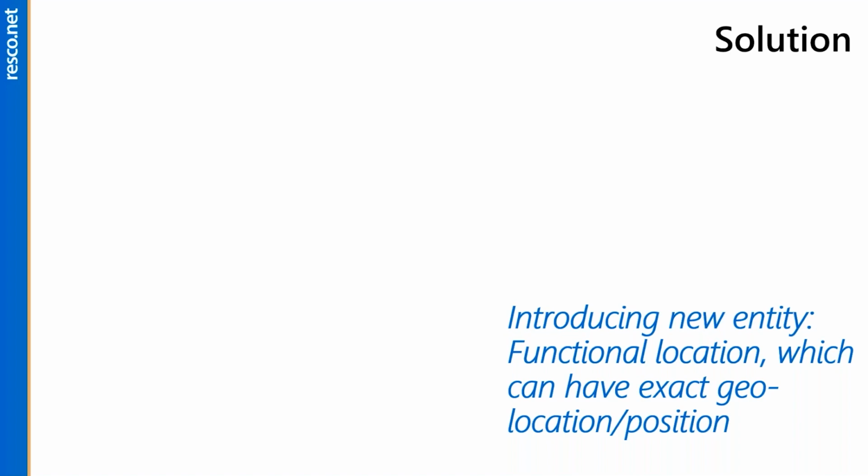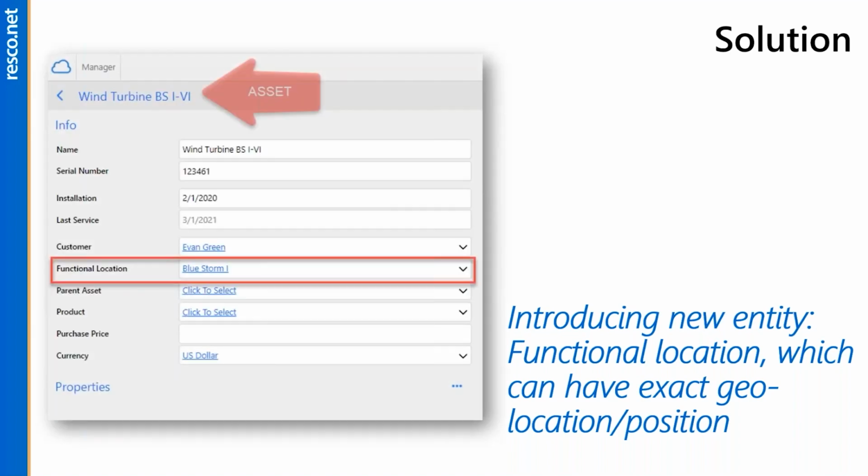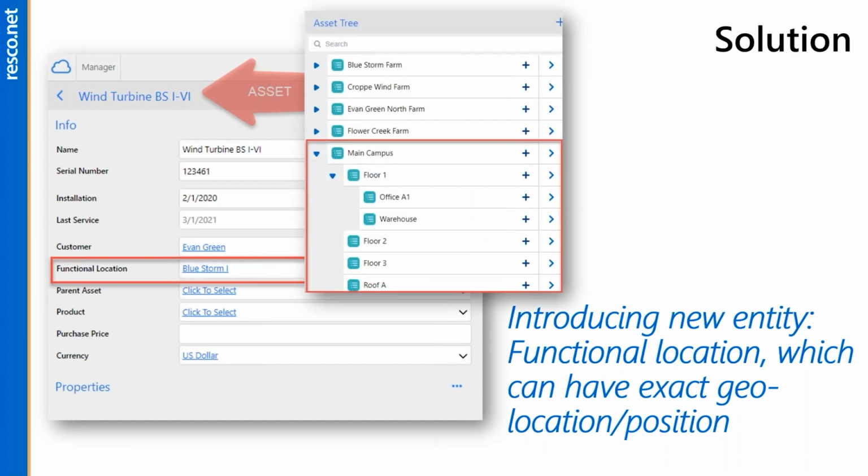This is really nice. As you can see on the screen, for example, this is the functional location for the asset. In the asset form you can define where the asset is located, and it's being defined by the functional location. What is pretty cool is that you can also create more complex structures by grouping or moving functional locations into